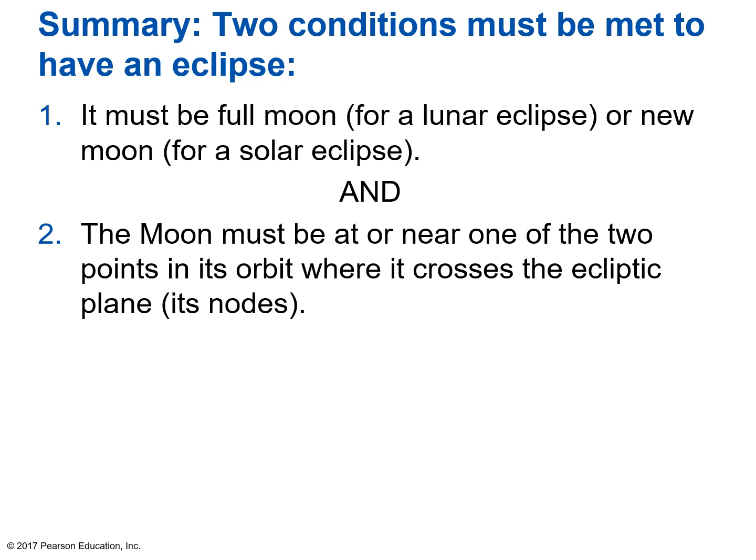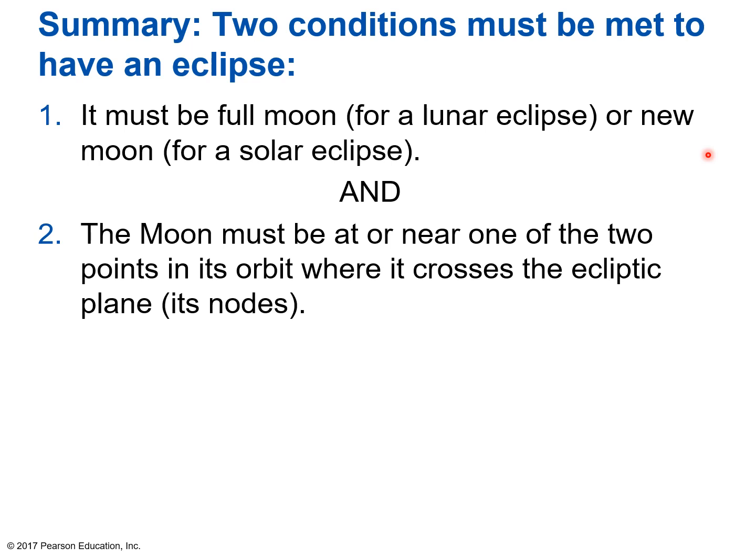In summary, 2 conditions must be met to have an eclipse. One, it must be a full moon for a lunar eclipse, or a new moon for a solar eclipse. And I don't want that to be a sentence that you just simply memorize, but rather I want you to think conceptually why that's true. So I do want you to remember the